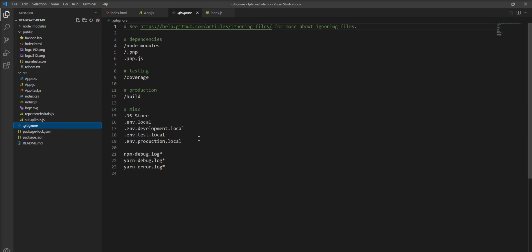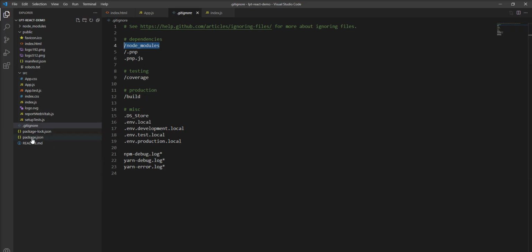So you can add your files here, and some basic files are added here. For example, we never commit any environment files or log files, so it's already given here. We never push node_modules to the repository because node_modules is created by npm install.